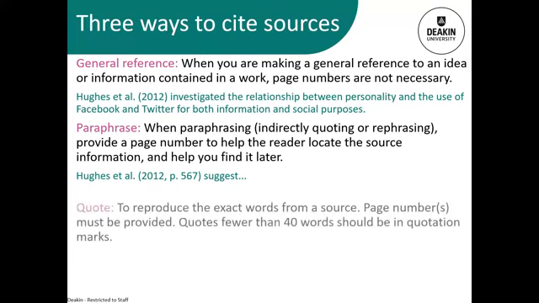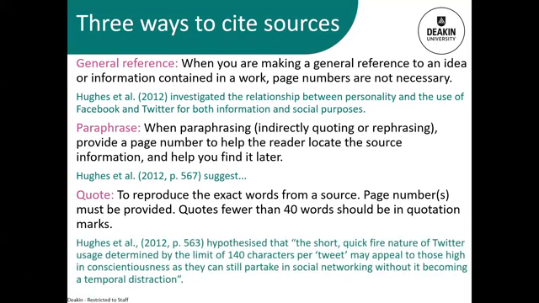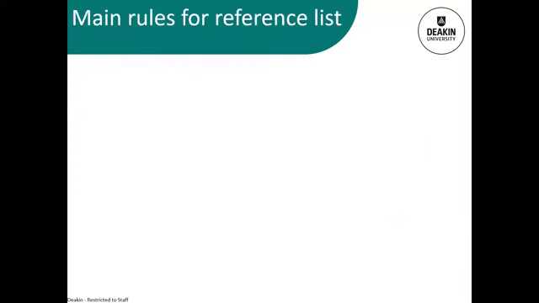Another way to use source information in your writing is to include a direct quote. This is where you're using the exact words from another author or source, and you need to include the page number. There are other ways if you're using longer quotes, but it's generally not required for our assignments, so quotes should be 40 words or less, and you use double quotation marks. And again, author, year, and page number. The Deakin guide again shows you further examples and explanations, and we'll be doing some practice activities.